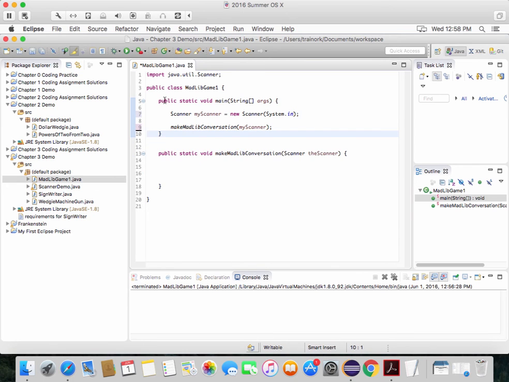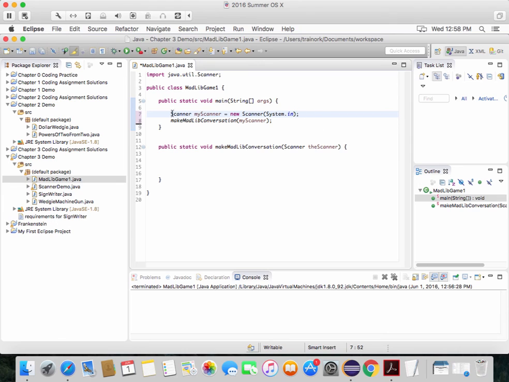Okay, so we got that. And let's just put those two right together. I kind of like that. So we declare a scanner called my scanner. Okay, and we call make MadLib conversation with my scanner. What's